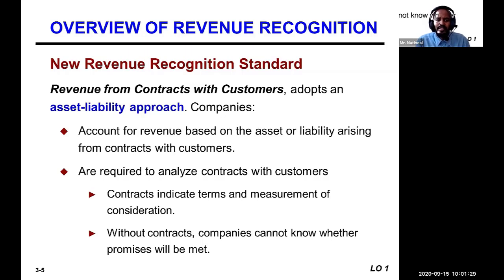There is a revenue from contract with customer adopt an asset-liability approach ነው የሚለው። ስለዚህ asset liability approach ነው ካምፓኒዎች የሚጠቀሙት፣ መቼ ነው asset የሚሆነው መቼ ነው liability የሚሆነው። Account for revenue based on the asset or liability that arises from contract with customer, depending on what your contract ነው። Liability የሚሆንበት አጋጣሚ ሊፈጠር ይችላል፣ ቀድሜ ገንዘቡን ተቀብዬ ሰርቪሱን ካልሰጠሁ liability ነው የሚሆነው። ስለዚህ revenue ገቢ የሚሆነው ሰርቪሱን ወይ ፕሮዳክቱን ከሰጠሁ በኋላ ነው ማለት ነው።